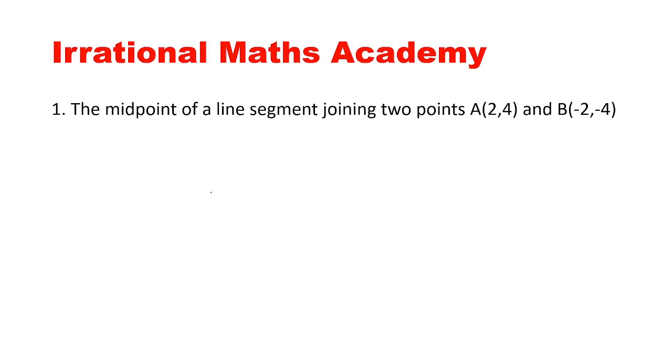Let's start. The midpoint of a line segment joining two points A and B, where A's coordinate is (2, 4) and B's coordinate is (-2, -4). If you remember, the midpoint formula would be in the coordinate form only. So the formula would be